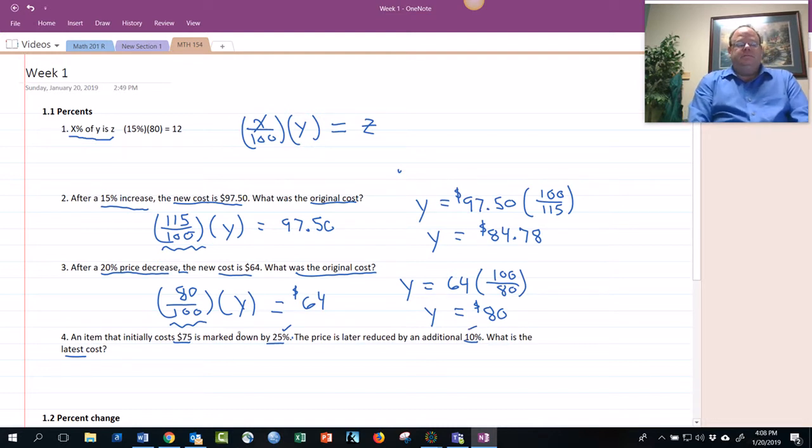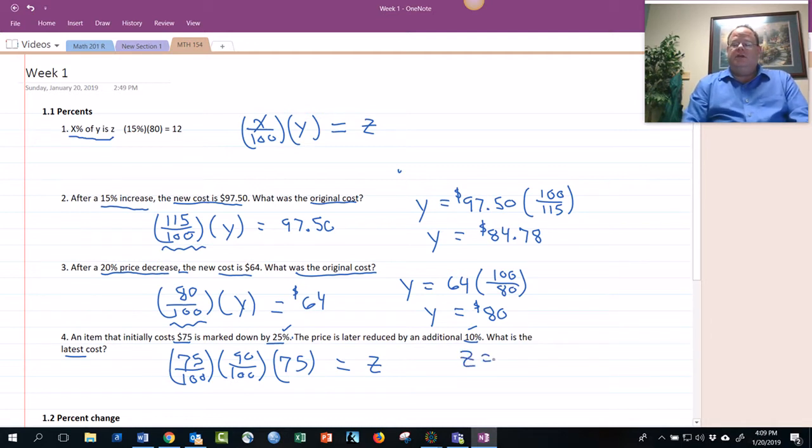Now remember, to decrease by 25%, 100 minus 25, I'm going to multiply by 75 over 100, all right? Then I have to decrease by another 10. Well, 100 minus 10 is 90, so multiply by 90 over 100. All right, so there's my X percent, if you will. There's two of them. This time they give us the original amount, so we can put the 75 in here. And we ask for the new amount, that's always the Z. Okay, so we just need to multiply all this out. What you get when you do this is you get Z equals